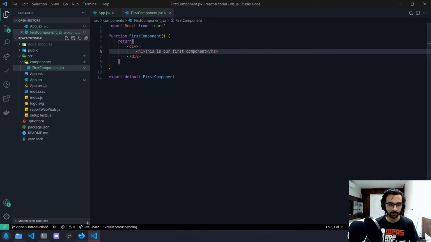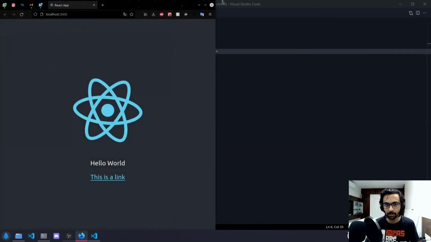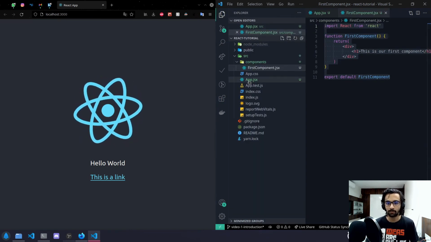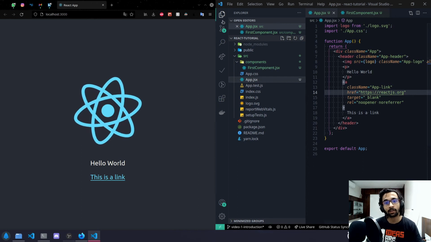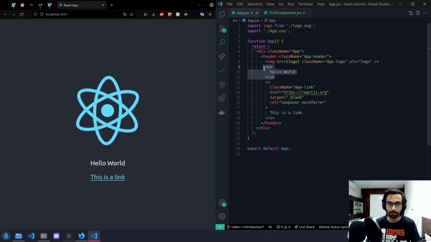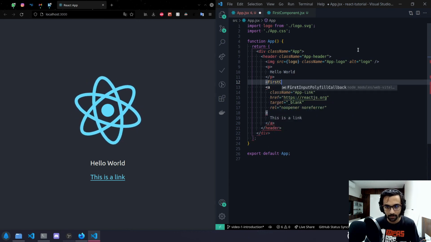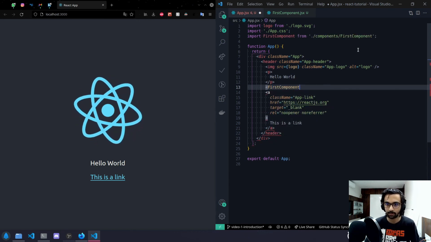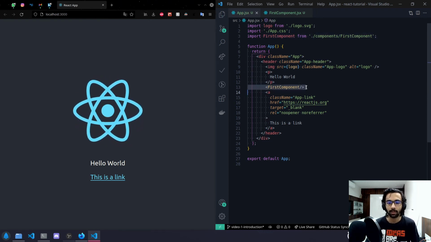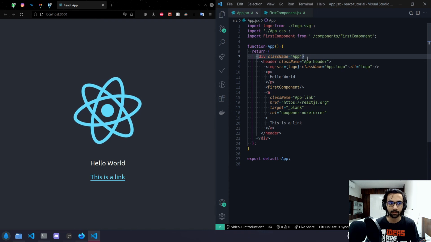If I save this, and I have my React app running in the background, nothing is coming up. I perfectly wrote it, nothing is coming up. That is because we'll have to import this component in our app component. So what I'm gonna do is below this p tag, I'm just gonna write first component and press enter. Now Visual Studio Code auto imports it for me, so we have imported our first component, and if I save it,